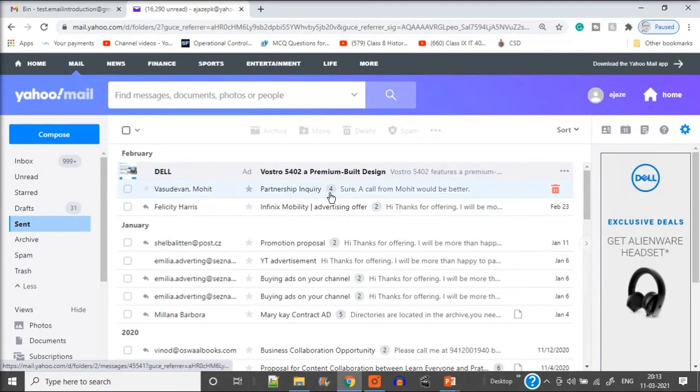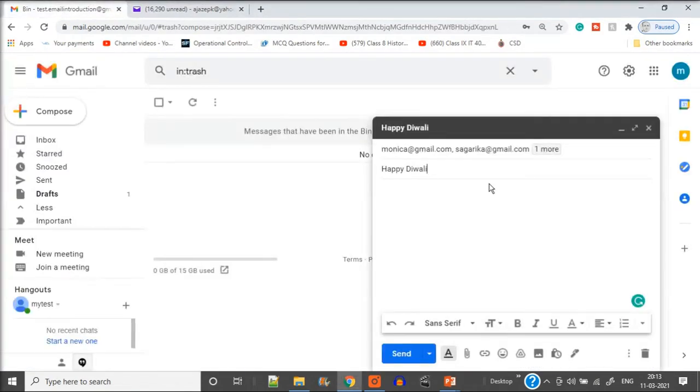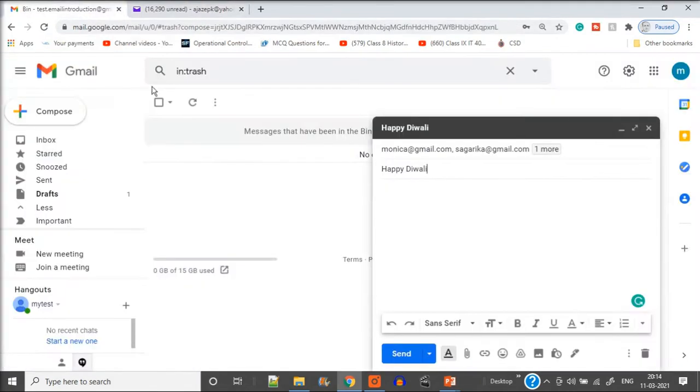Now, when I said happy Diwali, this will be shown here. When you send the email, this will be shown here because the subject will be shown to the recipient. When we get this, I'll just show you. When we send it, you'll see that it will be shown. That is why this subject becomes important, because the person has to know what kind of email, what the email is containing.